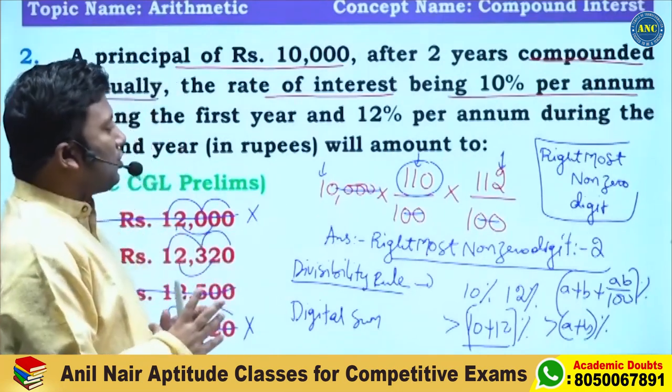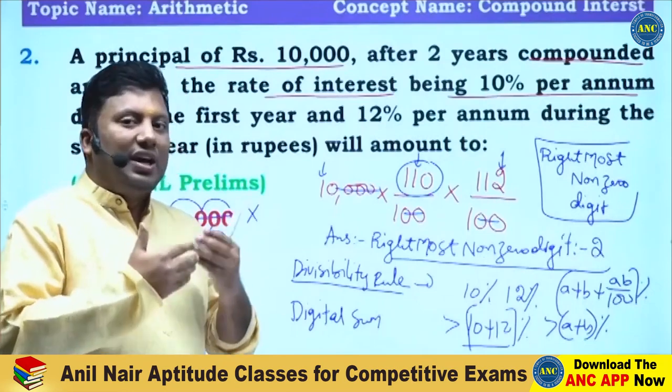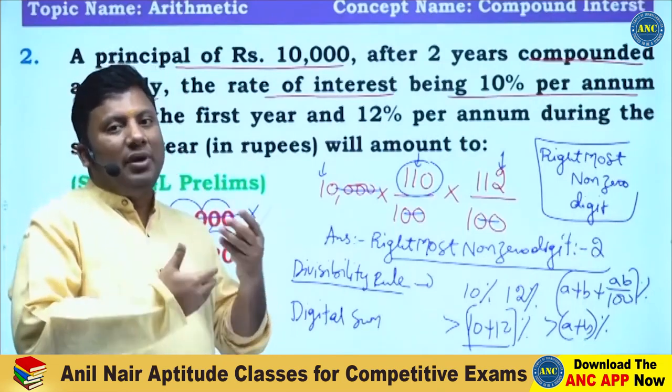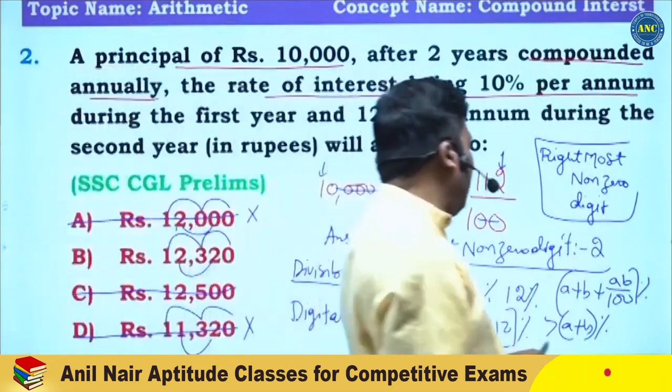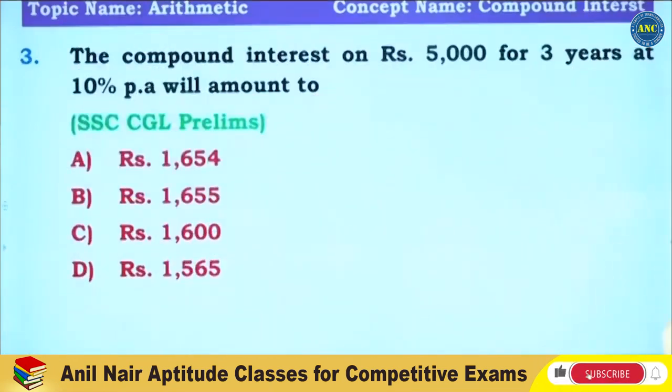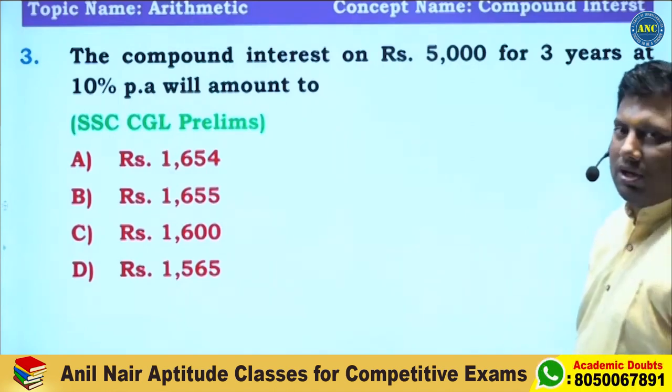There are multiple angles to solve the problem. Once you solve 25 to 30 questions, you will get a habit of solving in Anil Nair's way. Second question, I hope the idea is clear. Third question, see here, sir. The compound interest on rupees 5,000 for 3 years at 10 percent will amount to,